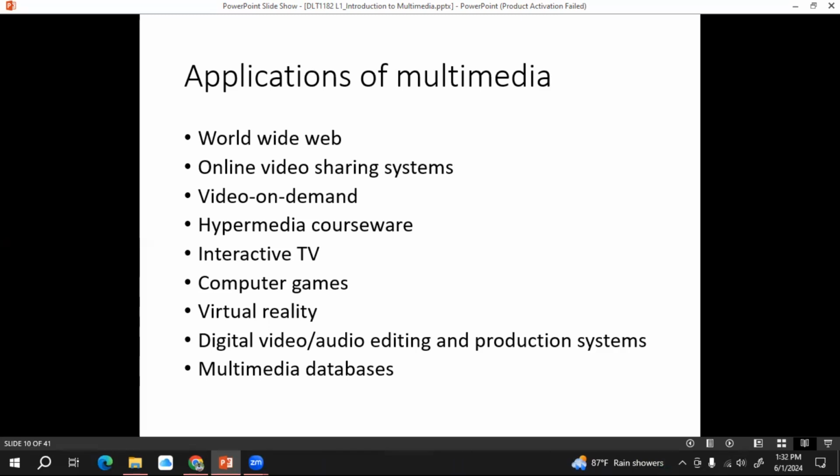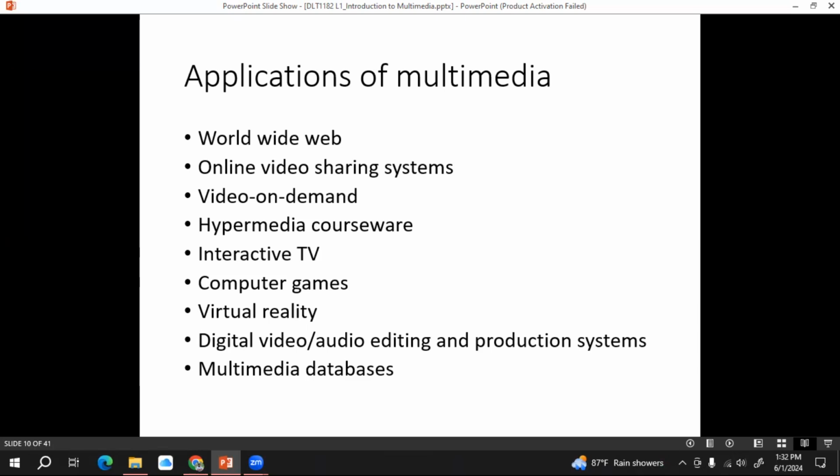The World Wide Web is one application of multimedia. Then online video sharing systems. As I mentioned earlier, Zoom is an online video sharing system. It is a multimedia system, right? It is using text, audio, video, and images, right?